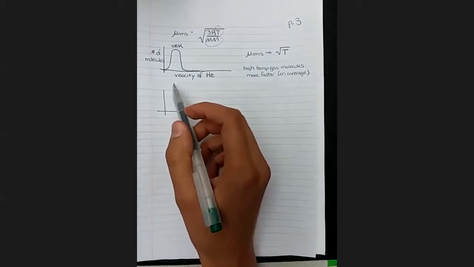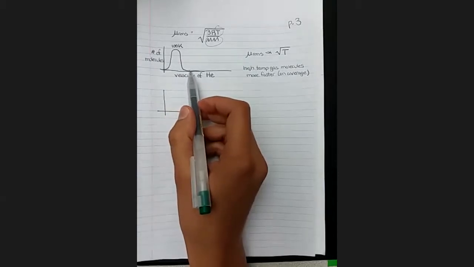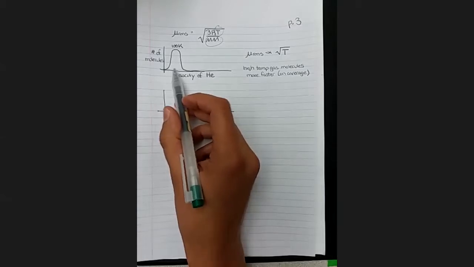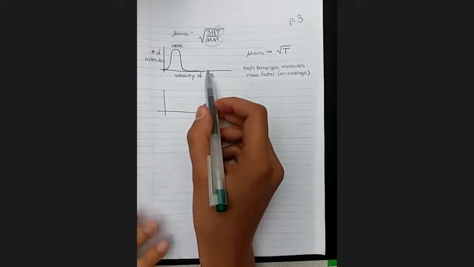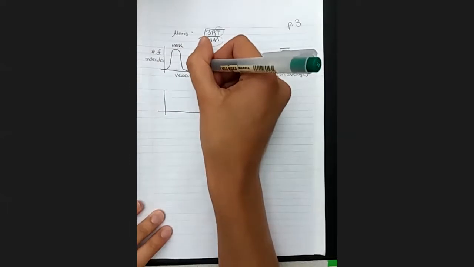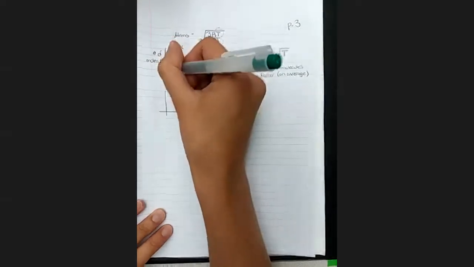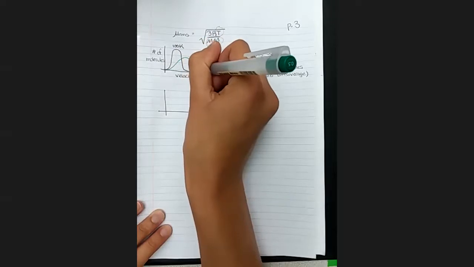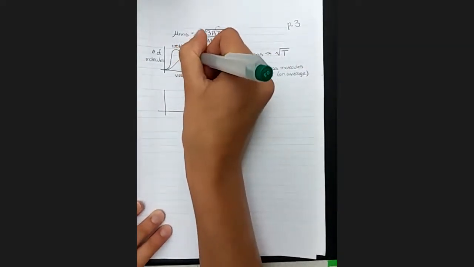What happens is more of a flattening of the curve, because even as we increase the average temperature of the mixture, we're still going to have particles back here that are moving very slowly, as well as particles on average moving here a little faster, and a few particles moving very, very fast. So as we shift the root mean square speed to the right, we're also going to be decreasing the height. We're going to be smushing it a little bit. So here's a slightly smushed hump with a very long tail at the right. We'll say that's at like 500 Kelvin.